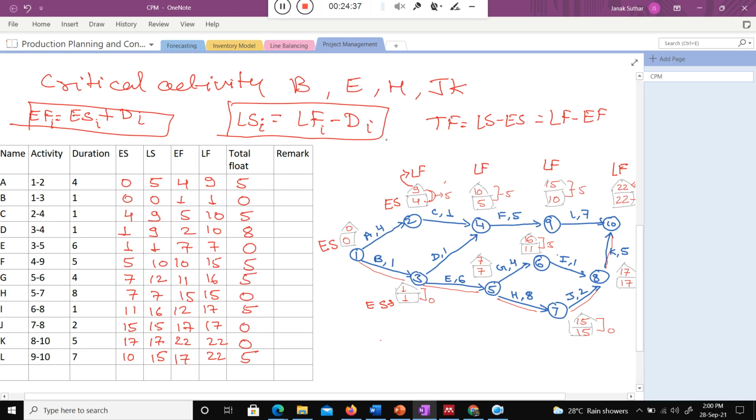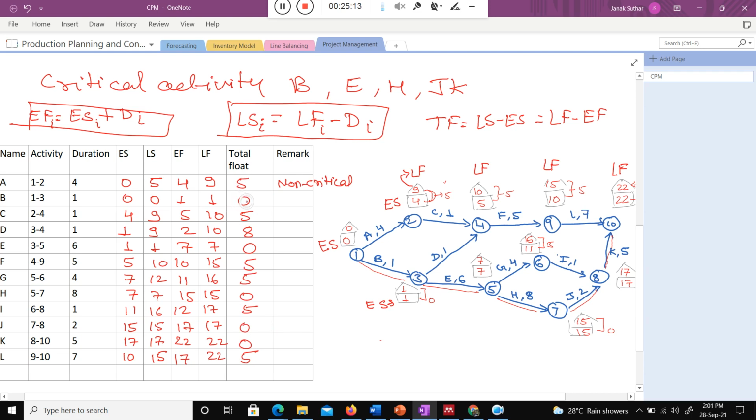Now if I allow a feasible delay of 5 weeks here, I can say it is non-critical, because I need not focus there; if any delay occurs in this particular activity, it will not impact my project. The critical path is the combination of the critical activities, please keep in mind. When I talk about a critical activity, its total float will always be 0. Are you getting my point?